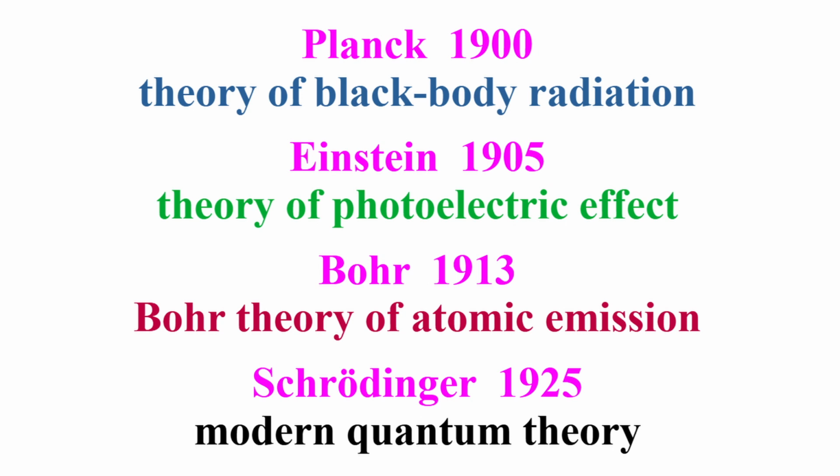After a couple other developments, namely de Broglie theory that postulated wave-particle duality in 1924 for matter also, like Einstein did for radiation in his photoelectric effect theory, and the consequent Heisenberg uncertainty principle, Schrödinger postulated modern quantum theory in